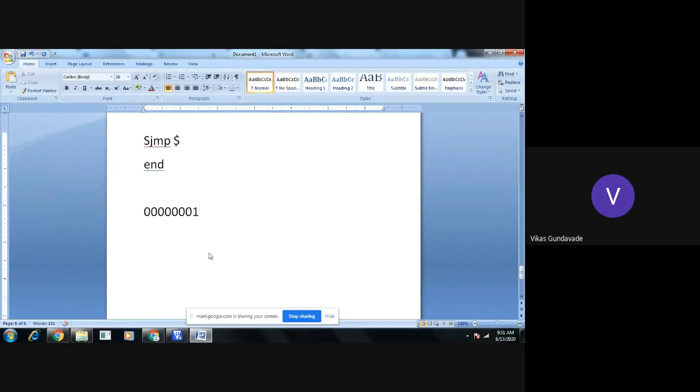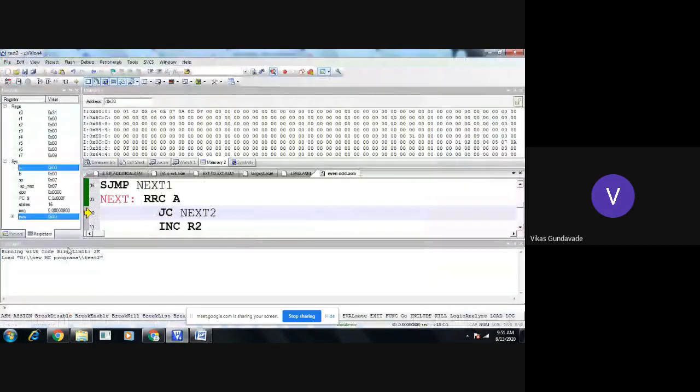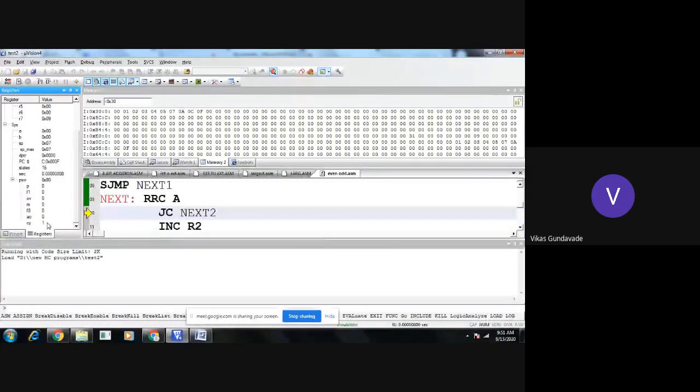Now when we are shifting it towards the right by one position, by default the carry contents are 0, so the carry bit will come to the D7 bit. So it will be 00000000, and this 1 will move to the carry. So here it is shifted to the carry. We will check here: the carry bit becomes 1. Everyone got it?